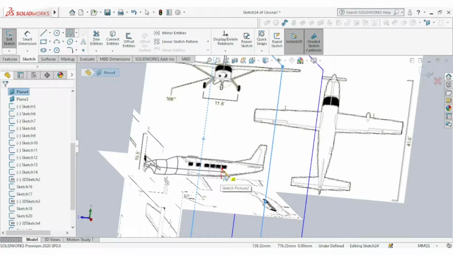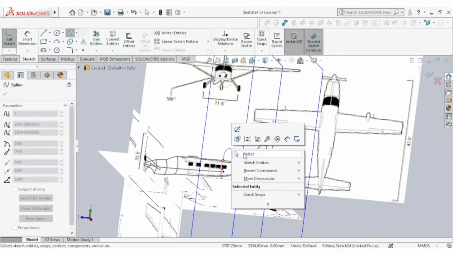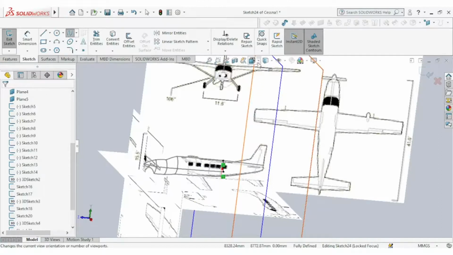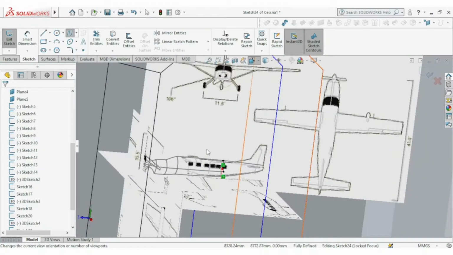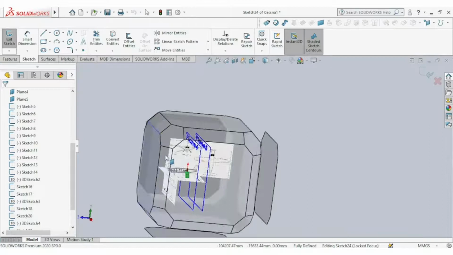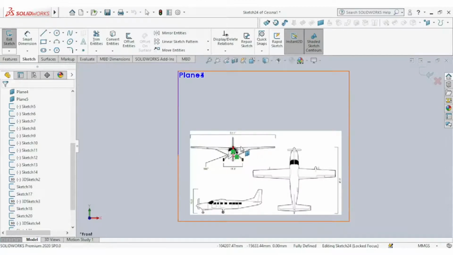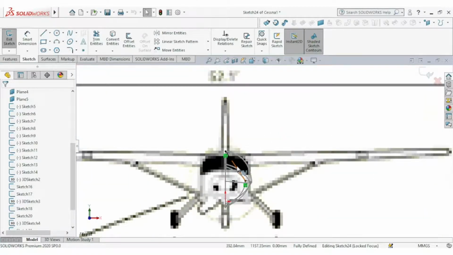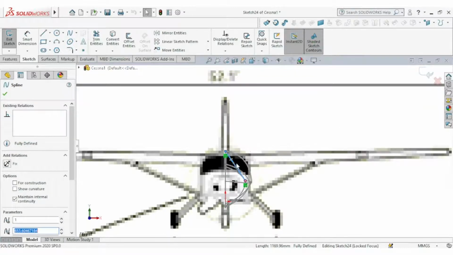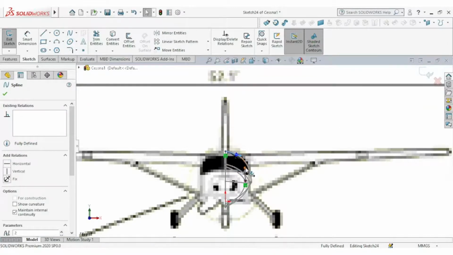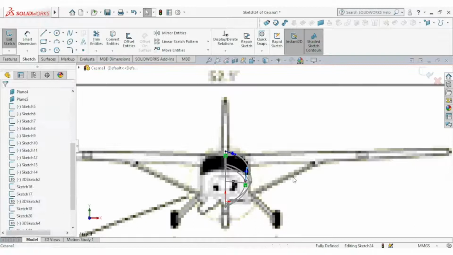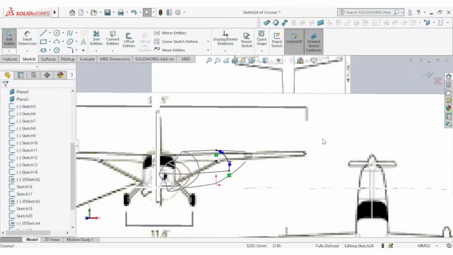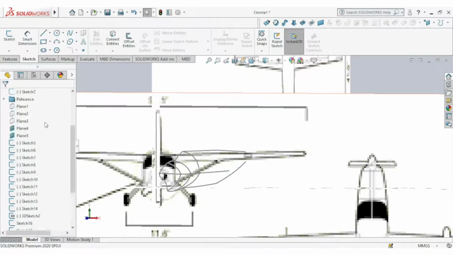Select the 2 points, this and that, and then go to the front view, adjust the curvature. Okay, and connect the next 2 points, and notice still plane 4.